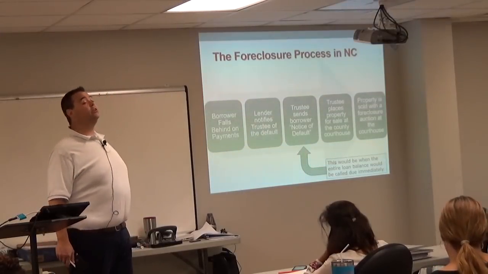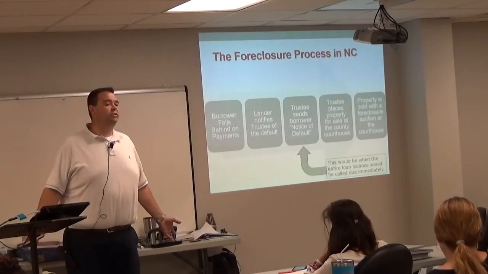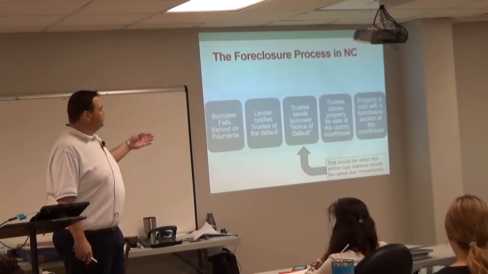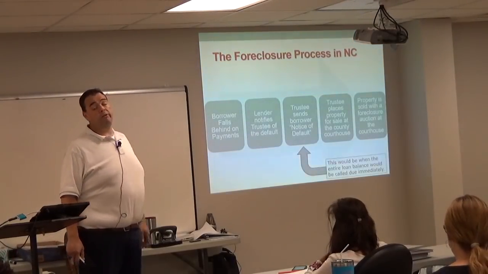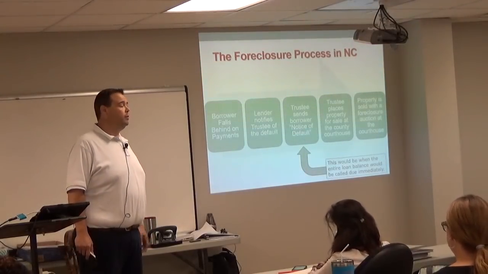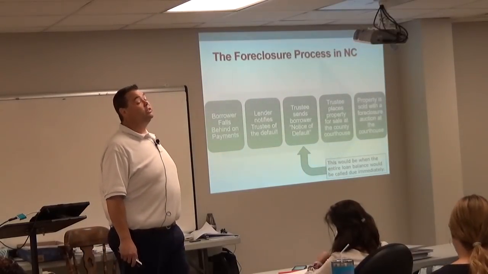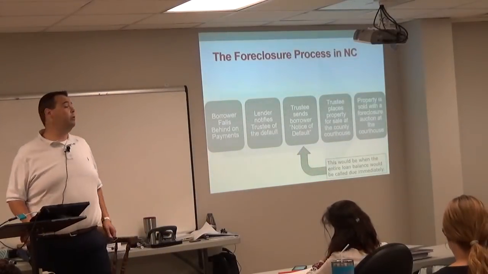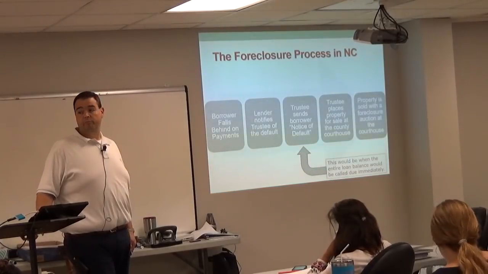And the reason they can do that is because the borrower has defaulted. The borrower has breached the contract. They defaulted on the note. And so now the trustee has accelerated the due date. The lender's no longer in control here. It's the trustee driving the bus at this point in time. Trustee has accelerated the due date. Trustee has sent a notice of default. Generally speaking, the notice of default gives a certain amount of time to the borrower to either pay all the money or the foreclosure process moves ahead.